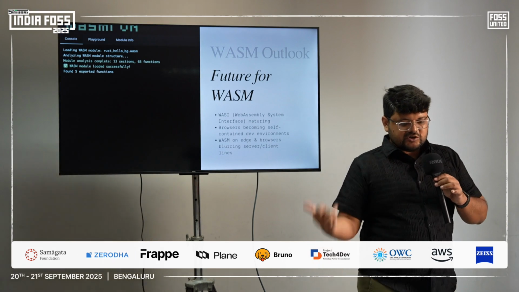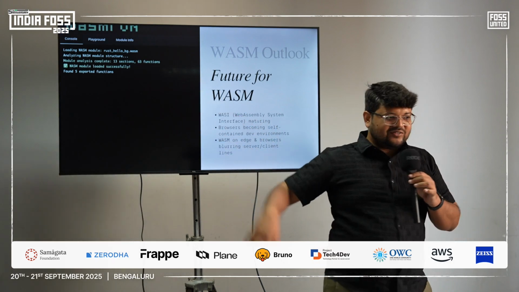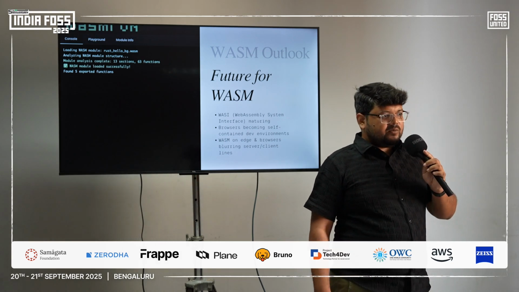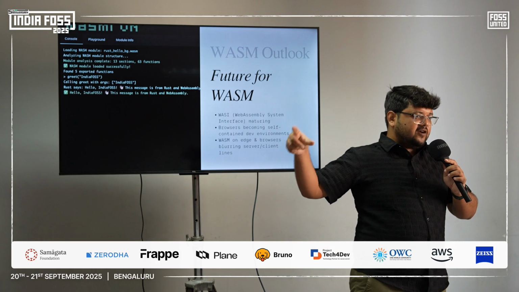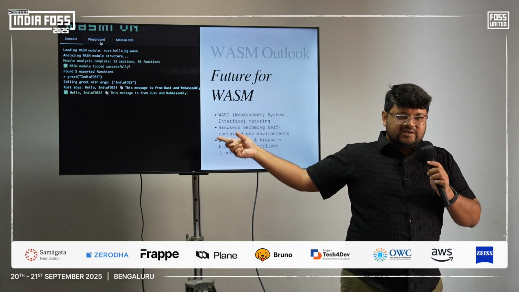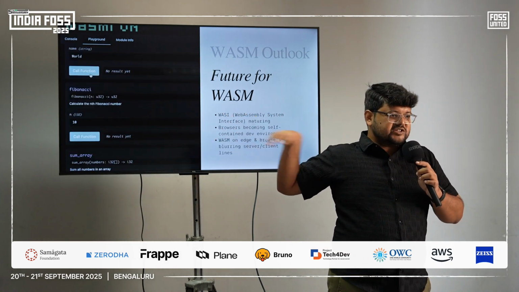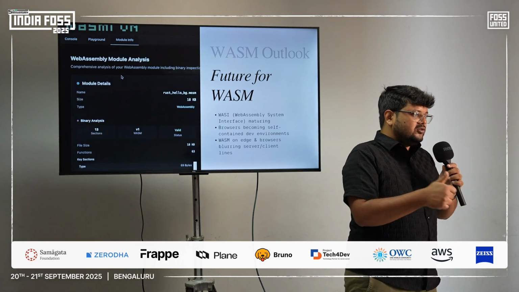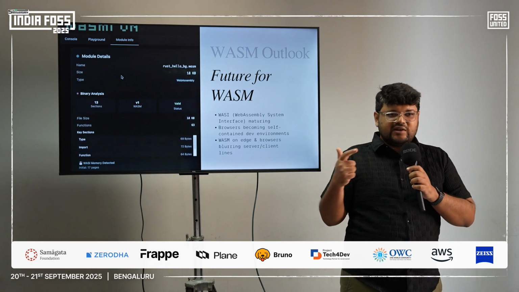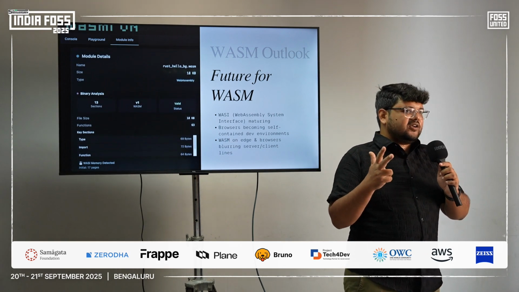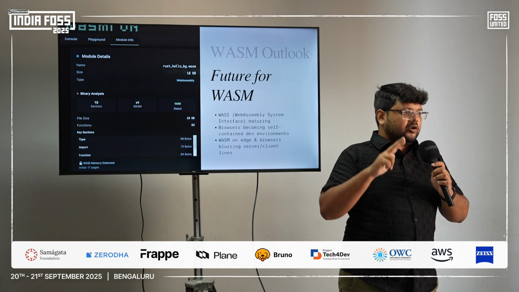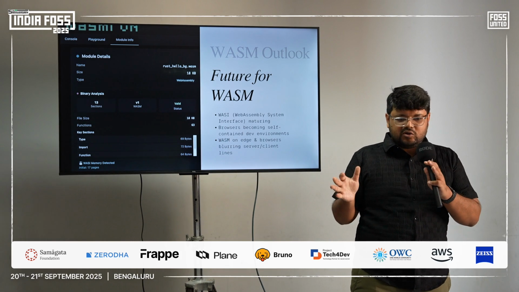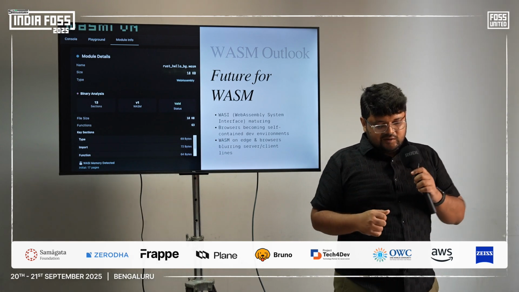So that's the future of Wasm. It should have looked like this, where it will load all of the modules, right? This is still a sandbox, and we have to load WASI, which gives us access to the system interfaces for it to actually work on. WASI has some modules, like a file system module. It has a clock module. It has access to your network and so on. And you can essentially turn these modules off and on as per your need, right?